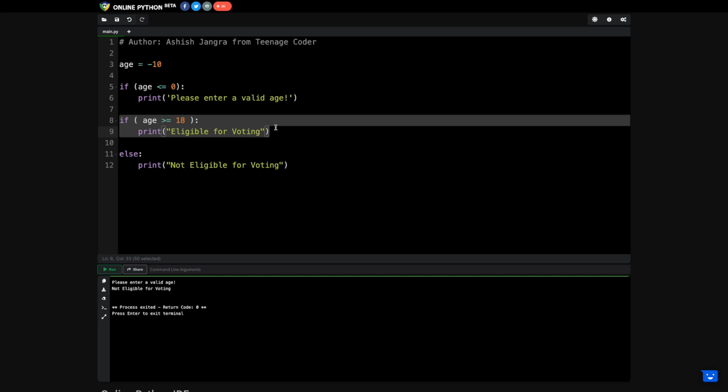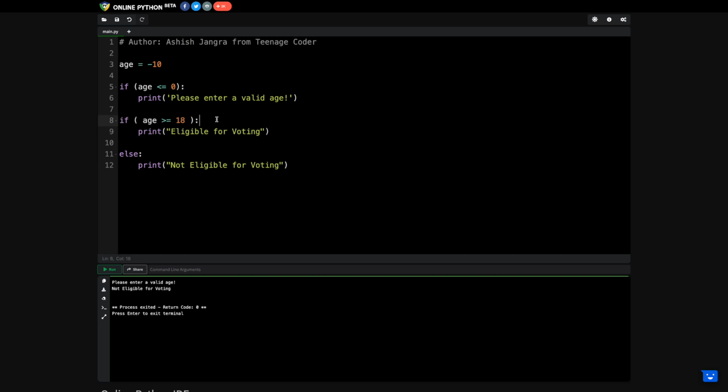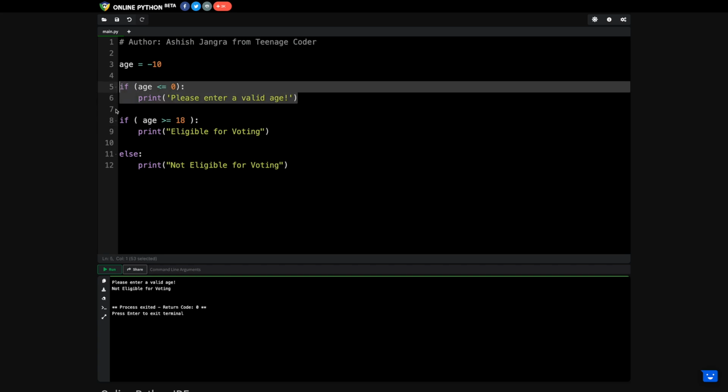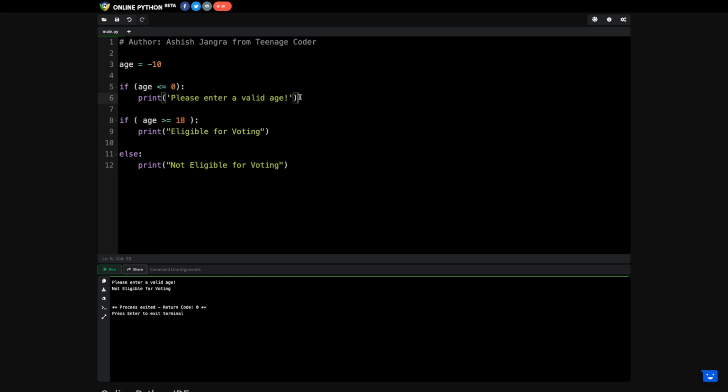Now, what should be the optimal way? Because if the user is not entering the correct age or the valid age, I will not go to these particular conditions, right? So for this kind of situation, I will use if else, so that if this particular condition is true, I'll not execute the rest of the part, right? So how to do it? Rather than going for if, this is a different if condition, this is a different if, and these are combined. Both of them are combined, but this is a different if.